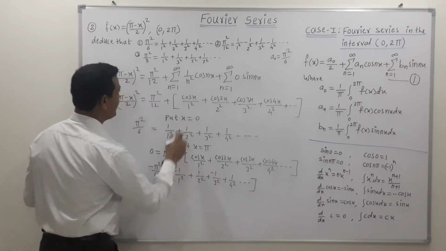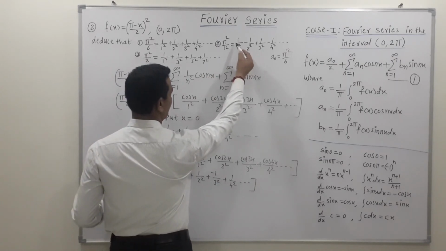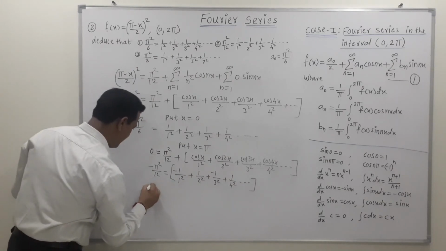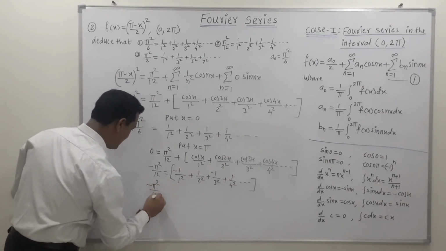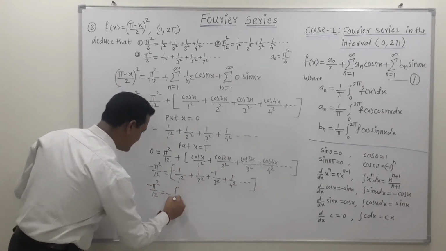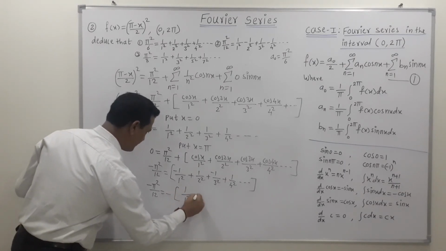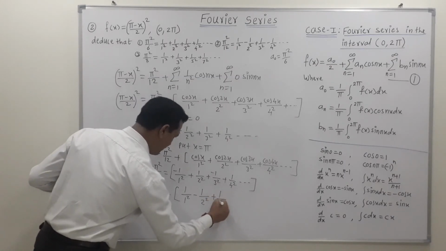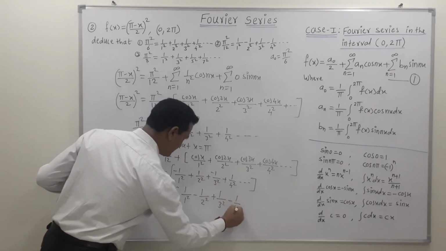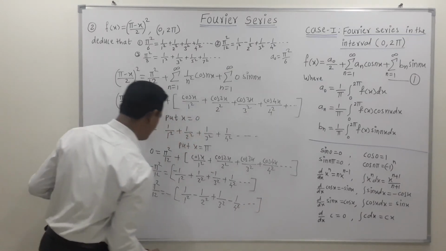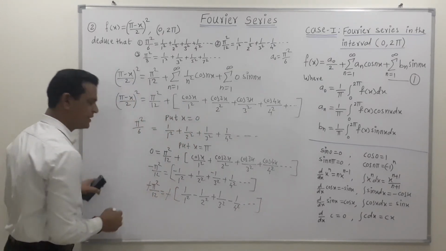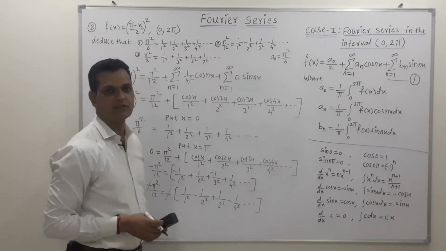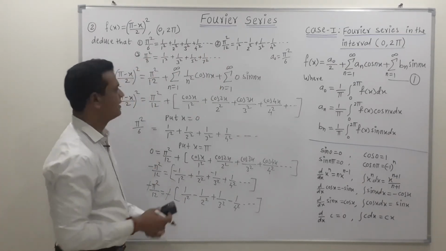Now, friends, here we require the first coefficient as positive and the second coefficient as negative. So take the minus sign common, we get pi square upon 12 is equal to minus, with the sign common, 1 upon 1 square minus 1 upon 2 square plus 1 upon 3 square minus 1 upon 4 square and so on. So this minus and this minus become plus, on both sides. In this way we get the first deduction and the second deduction. Now obtain the third deduction.